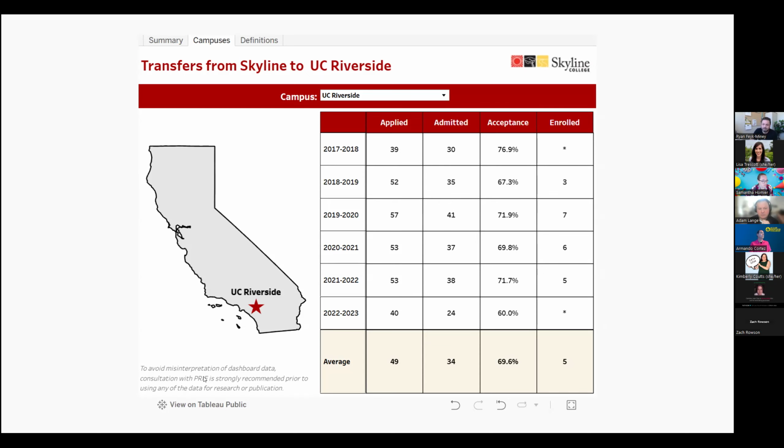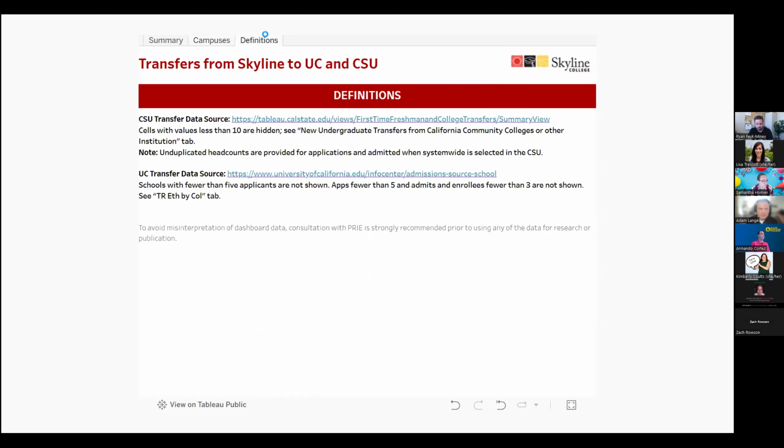And so this doesn't force the user, but it would encourage them to reach out to PRIE and just be like, hey, we're looking at this dashboard, we think we draw these conclusions from it, and we want to share such and such at a meeting. Does that sound about right? That's the idea behind those notes, which show up on all their dashboards. And then, as I mentioned, there's a definitions tab. And this definitions tab will help us to